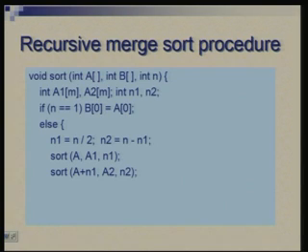We start with A. This is the input, that is the output. Output goes to a temporary array A1 and the size of data is n1. The second one begins n1 words later, the result goes to A2 and the size is n2. Once you have done this, then you simply need to merge the two. The parameters are the two sorted sub-arrays A1 and A2, the result goes to B, and the two sizes are n1 and n2.